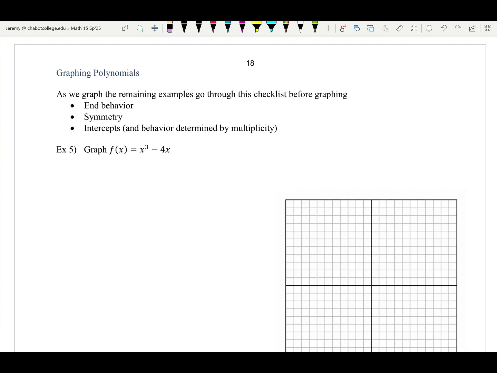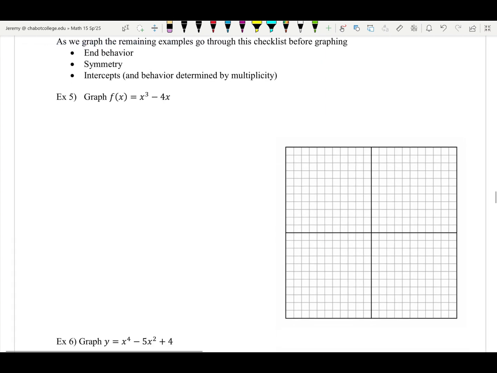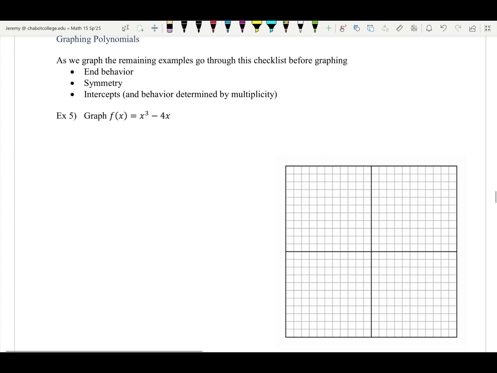Okay, here at the top of page 18, we're going to look at some problems where we're graphing polynomials. That's what we'll do for examples 5 and 6, but you'll notice that we don't have any guardrails here, no training wheels, we're just asked to graph the function. The 3 main things that we'll rely on to get the graphs of these functions are end behavior, which we've talked about, x and y intercepts, which we've talked about, and symmetry, which I want to talk about very quickly just to remind you